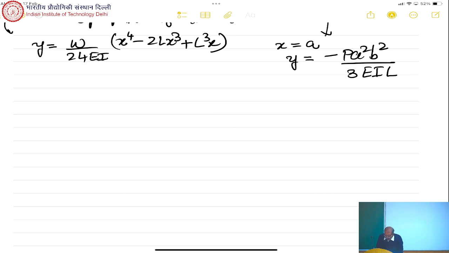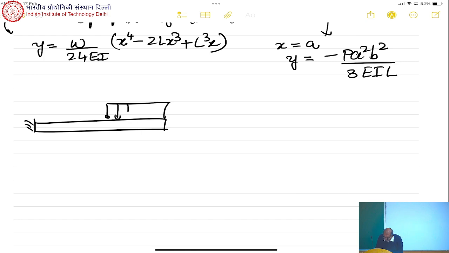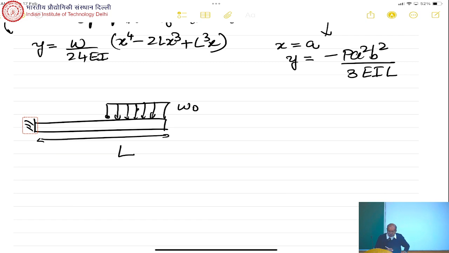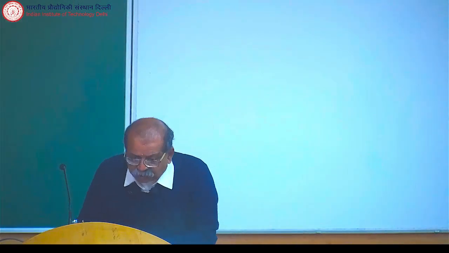One more case we can take. If I have a case like this, and I want to find the deflection at some point, now you know the table only gives me a uniform distributed load. So what will I do here? And this is where you'll have to think. What you do is, this is equal to